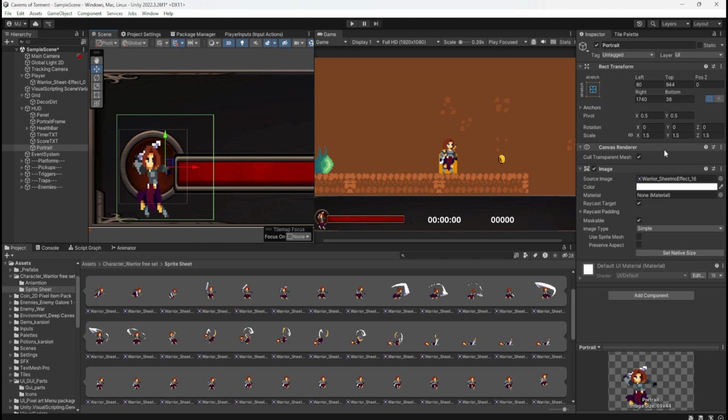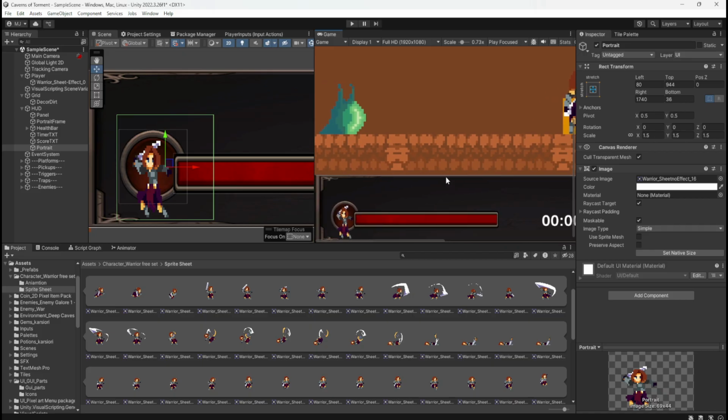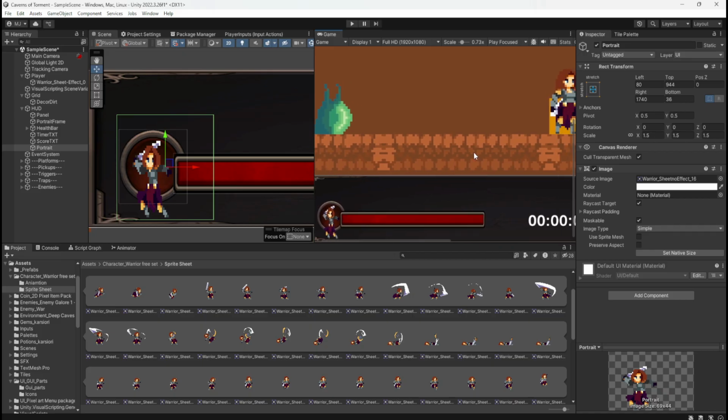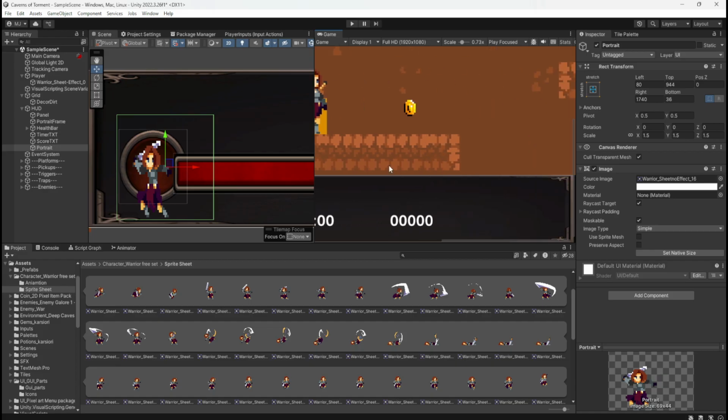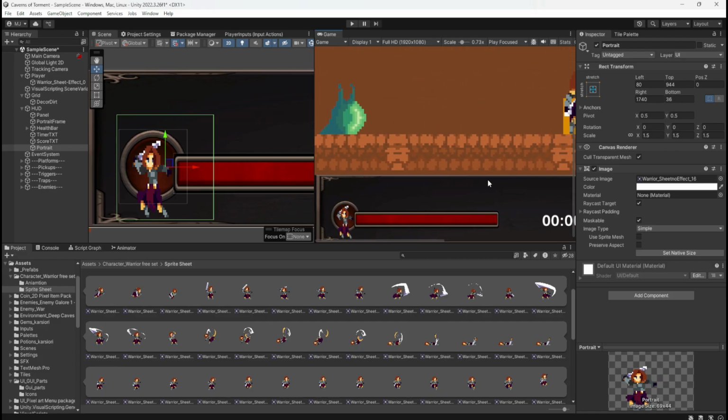So then it's just a matter of cropping and padding. I can obviously shorten that panel, and I want that font to be a pixel art font.